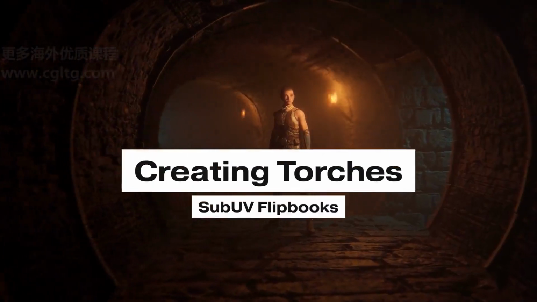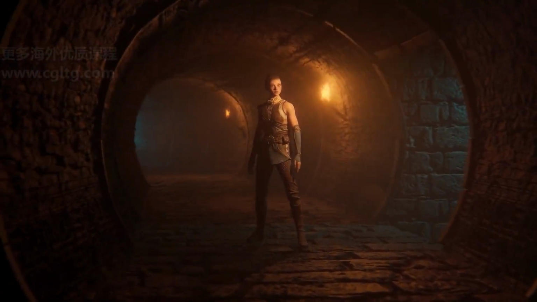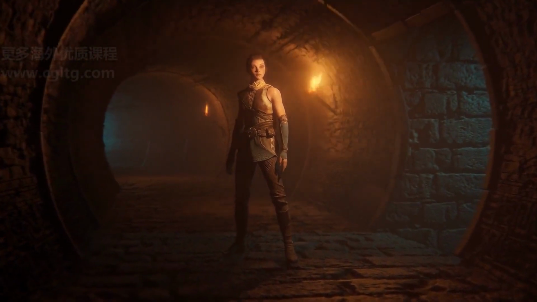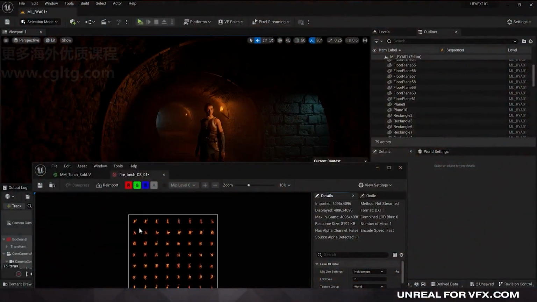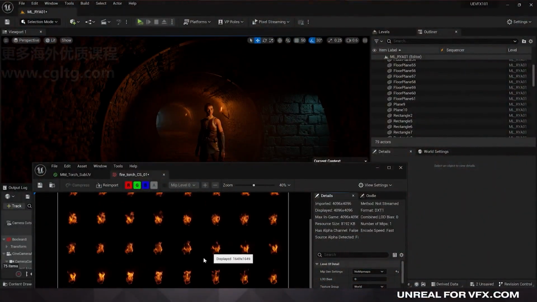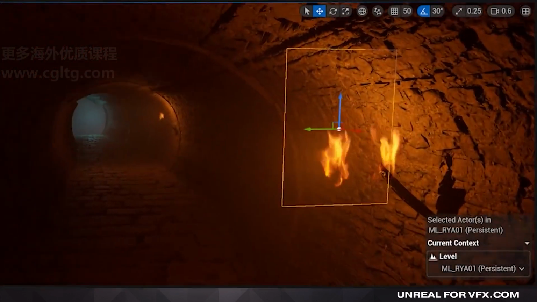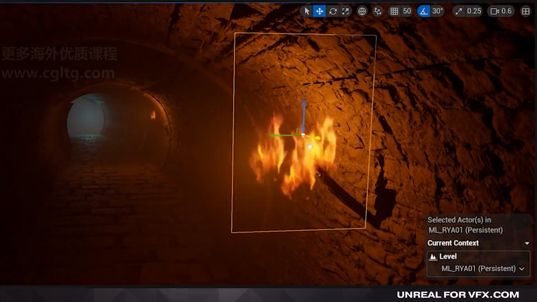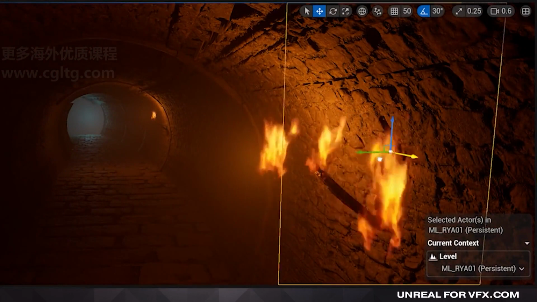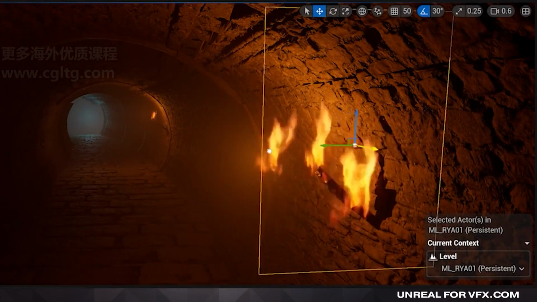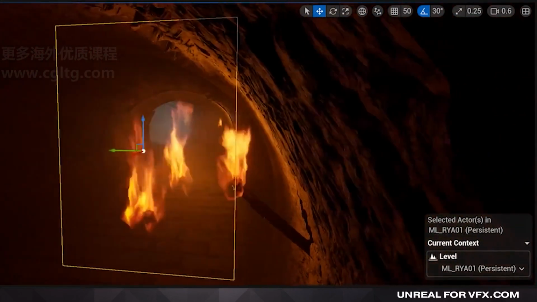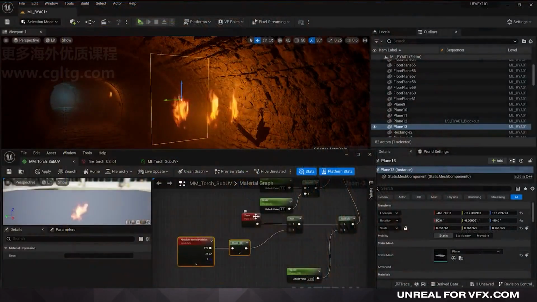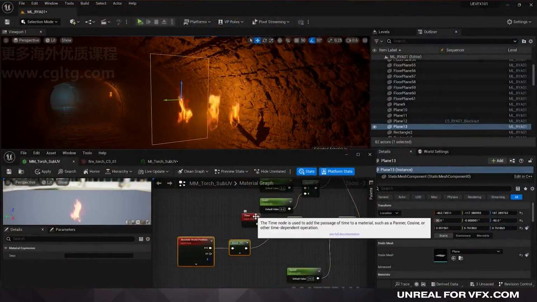So when we're creating effects elements for Unreal, like this torch that we have here, we really need to rethink how we're going to approach elements entirely. Because we're trying to take something that we would do in comp and bring it into a real-time engine, and we want to create it in a way that works best for the real-time engine, not what works best for our previous workflows. So it's actually fairly straightforward, and what we're going to do is we're going to take a